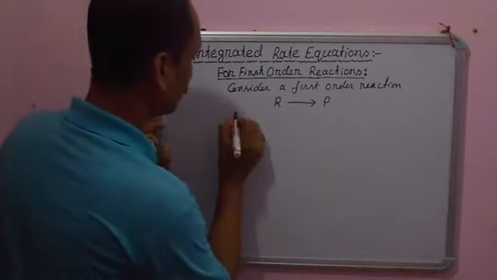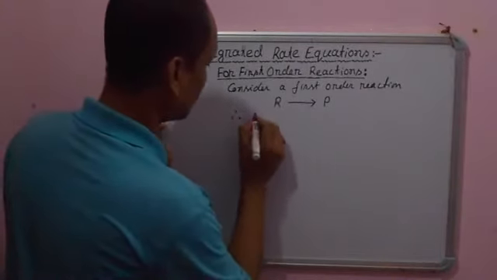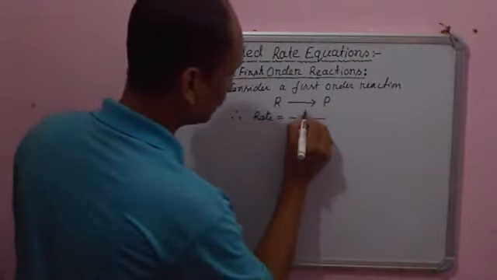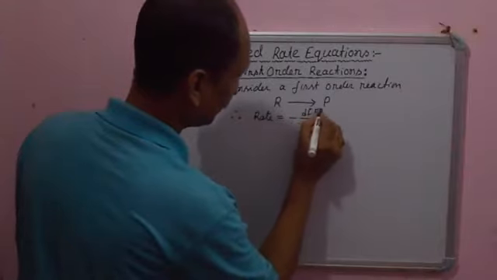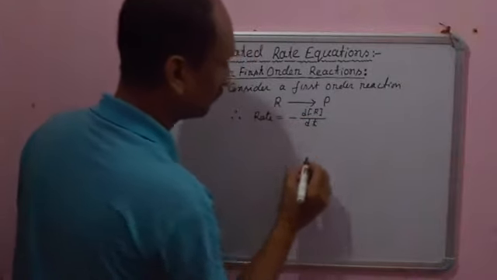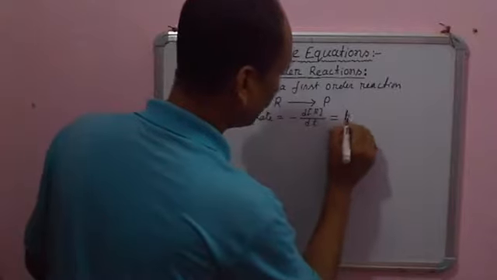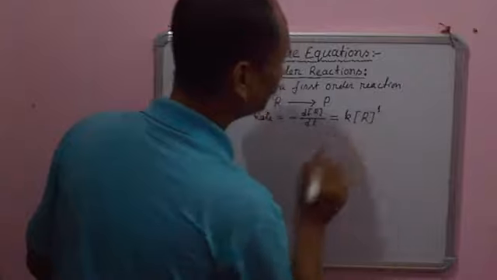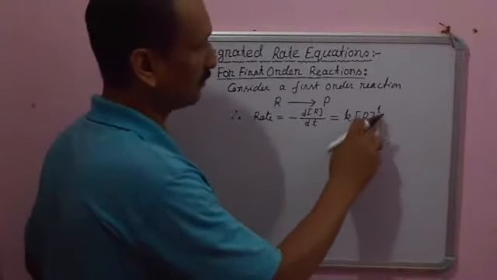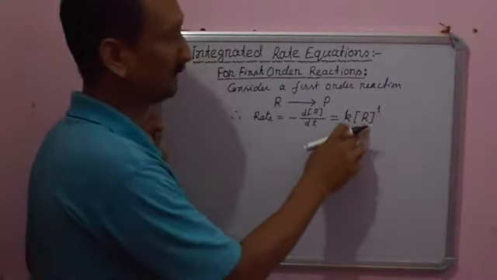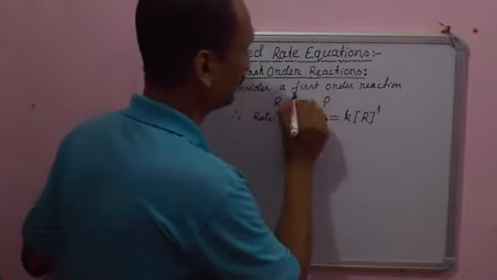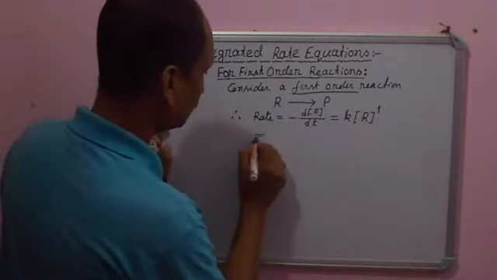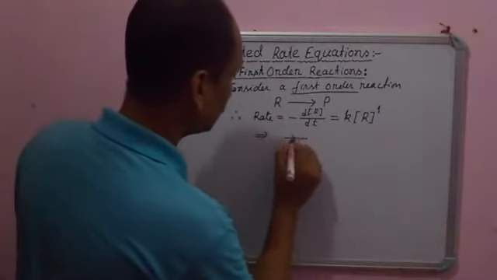Therefore the rate is expressed as rate equal to minus dR by dt, which equals k times the concentration of R to the power 1. Here the power of the concentration of the reactant R is 1 because it is a first order reaction. If you rearrange this, it implies dR